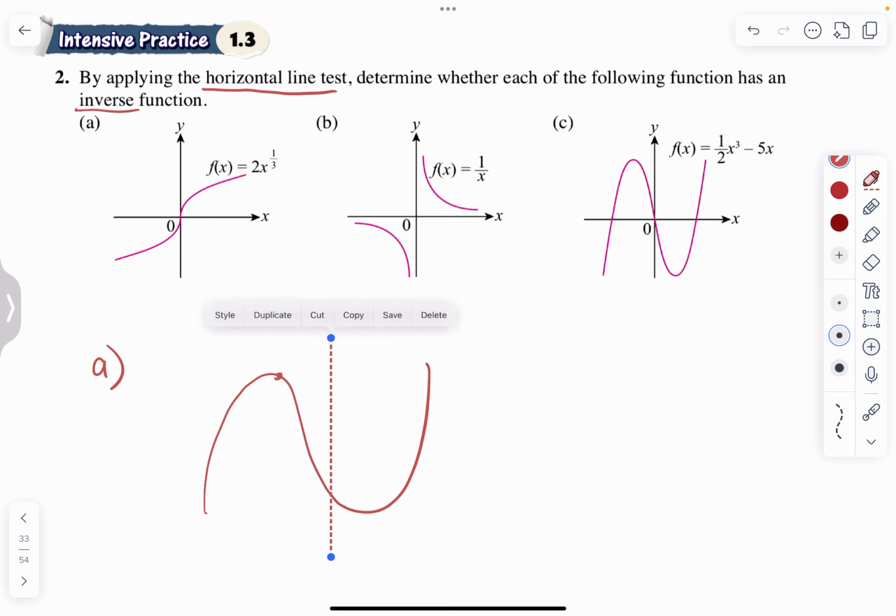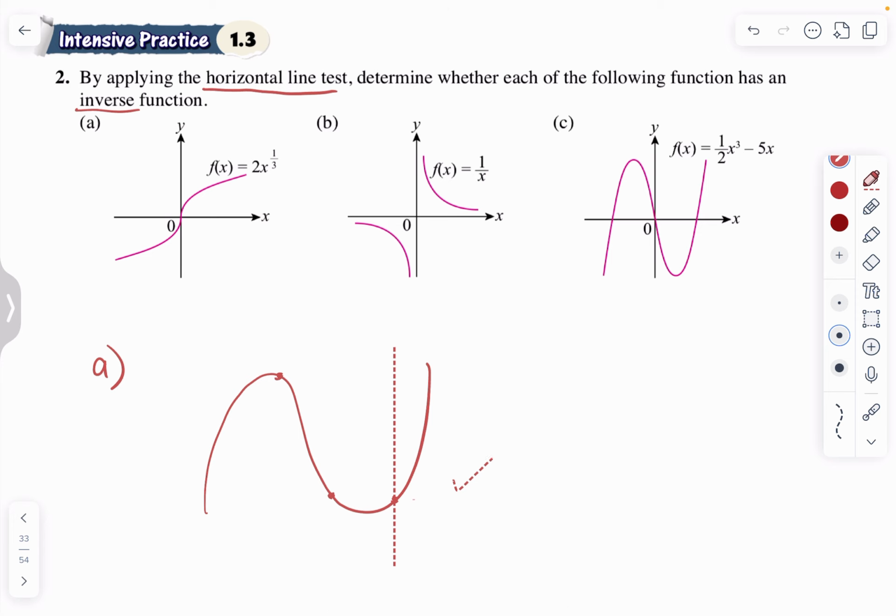If you move the vertical line, it cuts here at one point. If you move the vertical line here, it cuts at one point. That means if the vertical line only cuts at one point, it is a function. But now we want to find if the following function has an inverse function or not. So now we have to know, if you want to find the inverse function, okay, if this is our function,